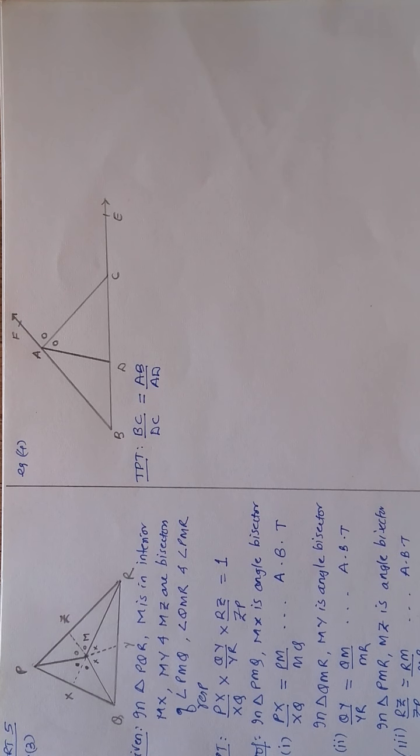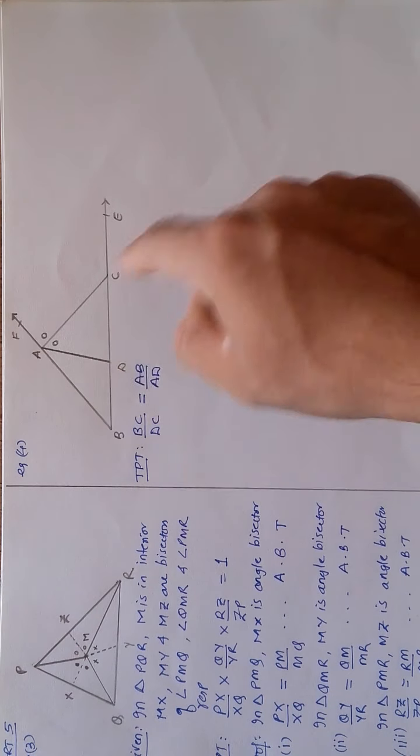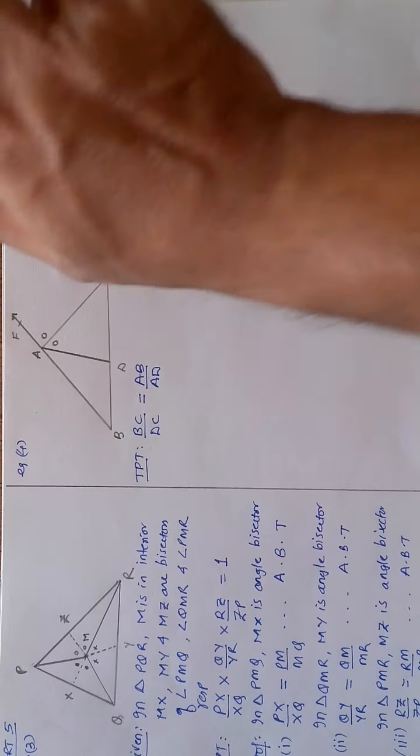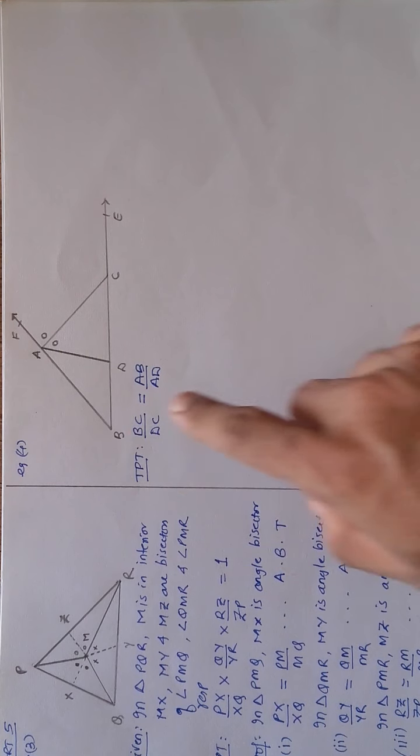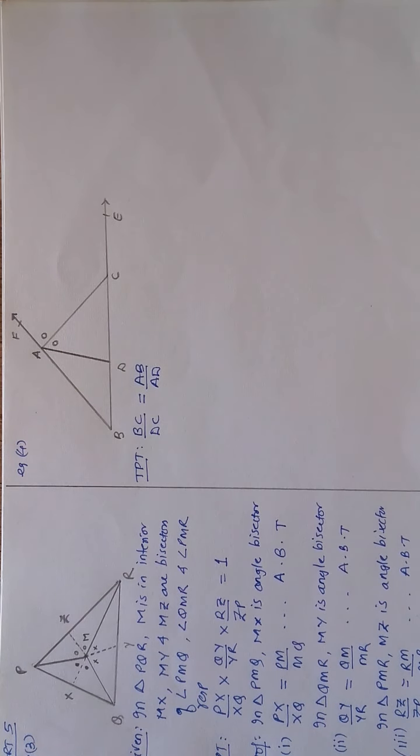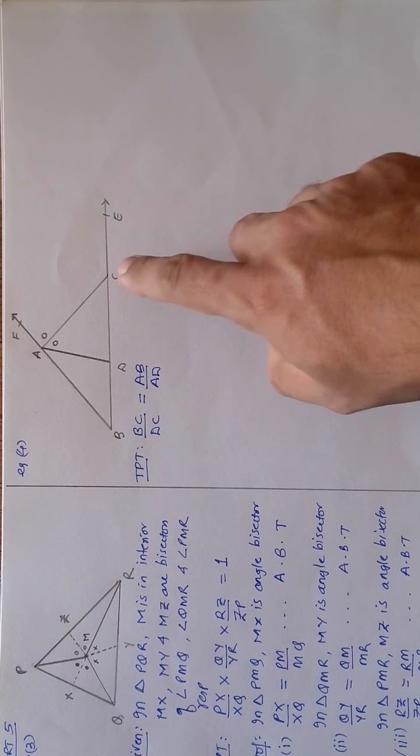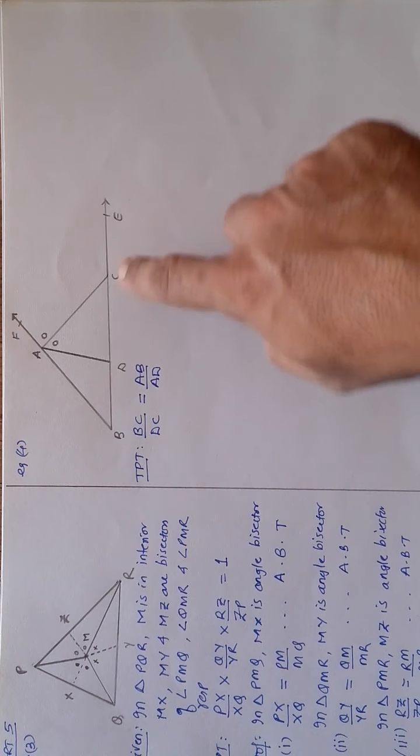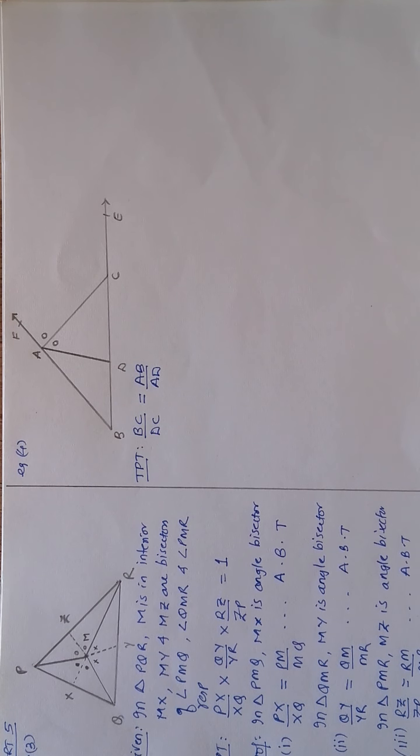Now coming to one of the beautiful questions which I have framed. There, what I have done is, I have drawn a triangle ABC. Then I have extended BA up to any point on the ray, so I have taken one point F over there. Then this is AD, and BC is extended again on the ray.